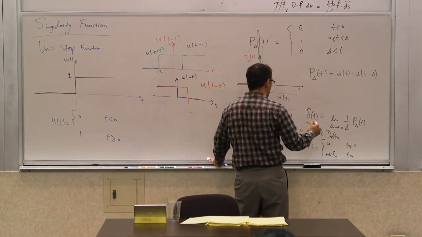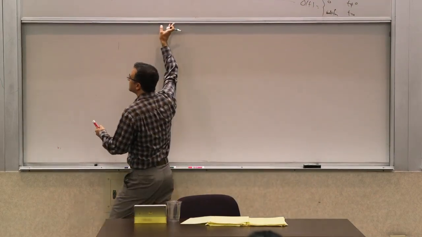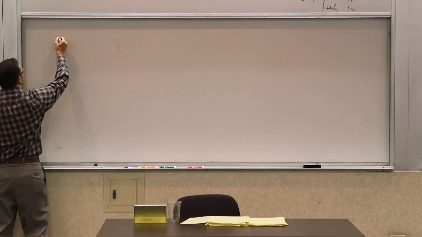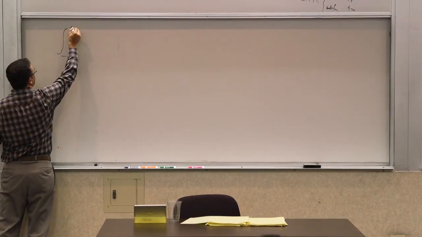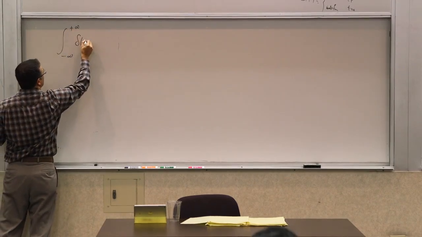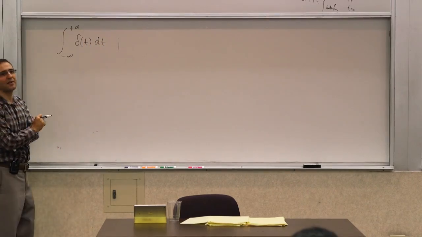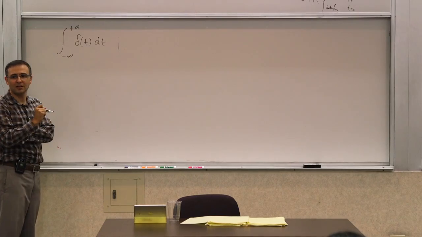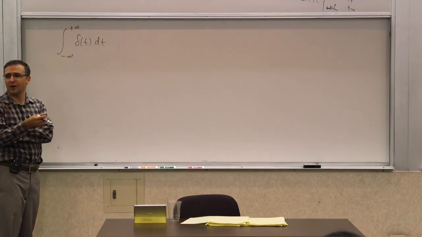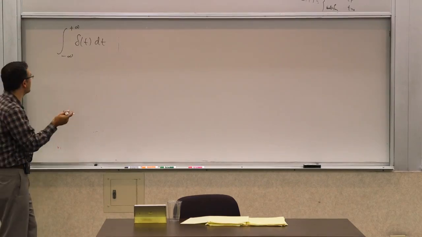But what we know about it is something interesting and useful. If you take the Dirac delta and look at its integral from negative infinity to positive infinity, what is the area under this delta? It's 1, because of the way we defined it, right? Independent of the value of capital delta, its area was 1. So its area is 1,